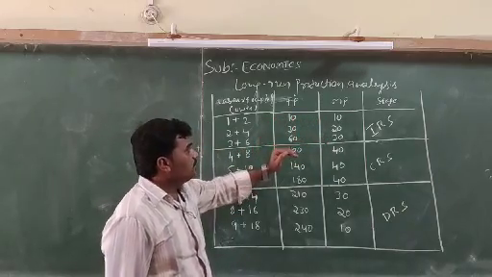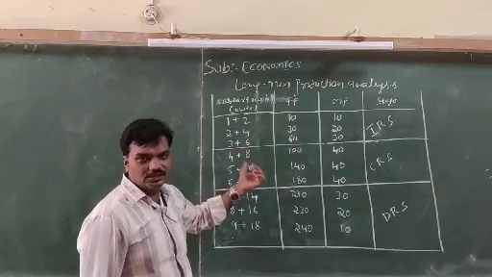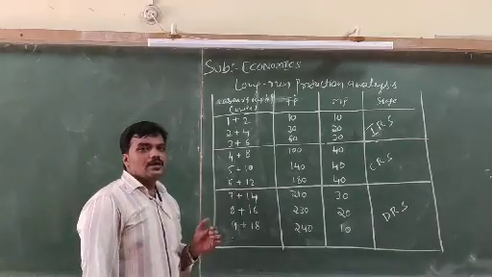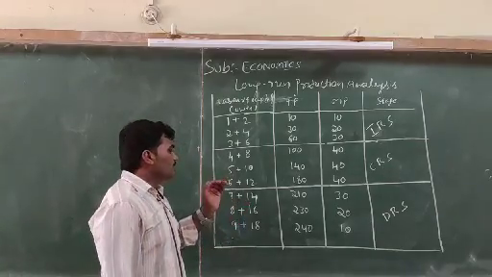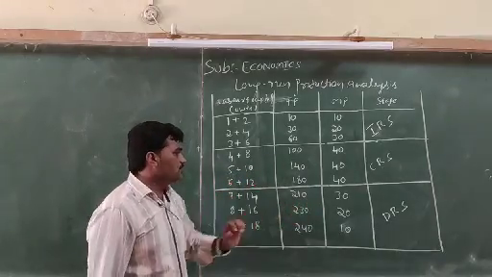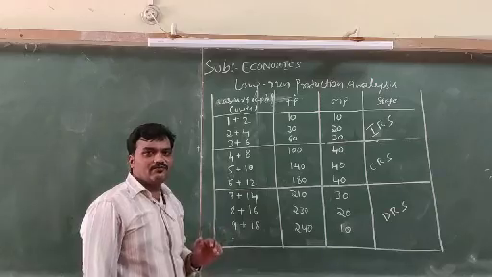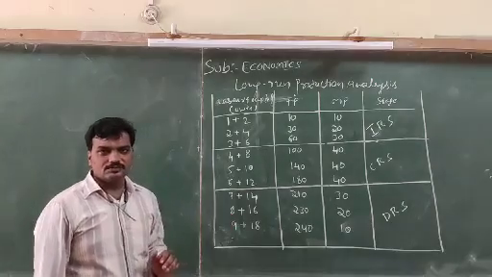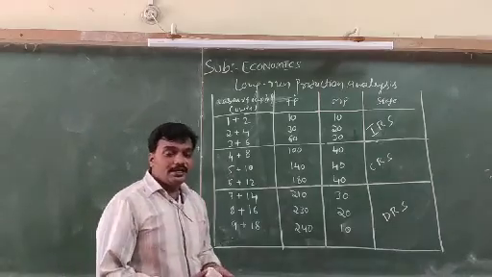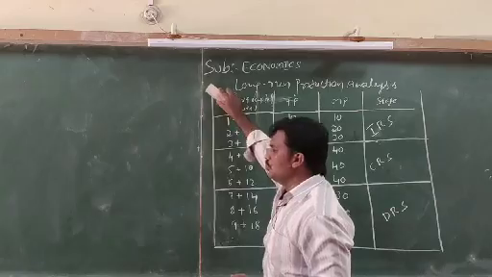So just observe in the schedule, we can get a conclusion that in the first stage, the output increases at an increasing rate relative to the rate of increase in input. In the second stage, the output increases at the same rate as the rate of increase in input. In the third stage, the output increases at a decreasing rate relative to the rate of increase in inputs. Okay, this is the schedule explanation. Then this law can be studied with the help of a diagram. I will show the diagram.